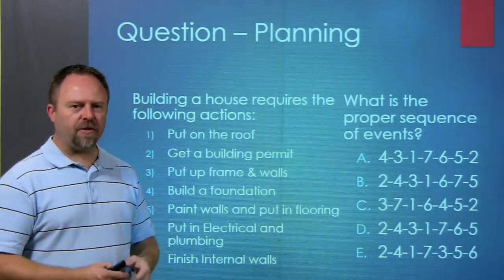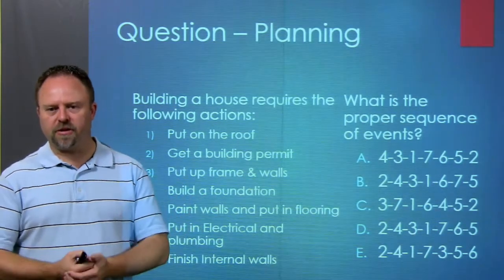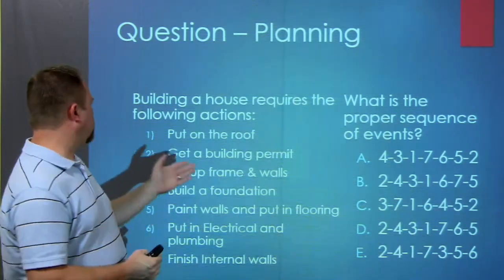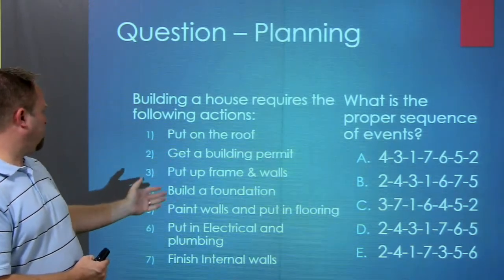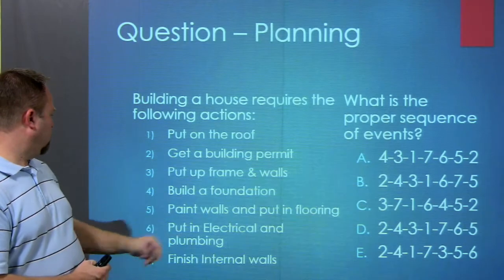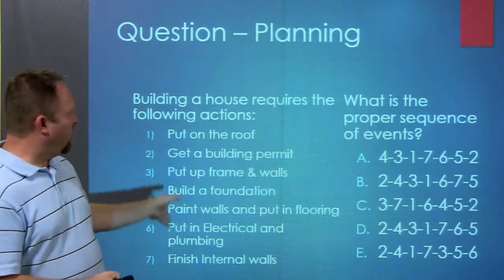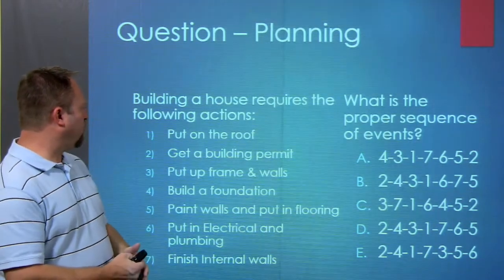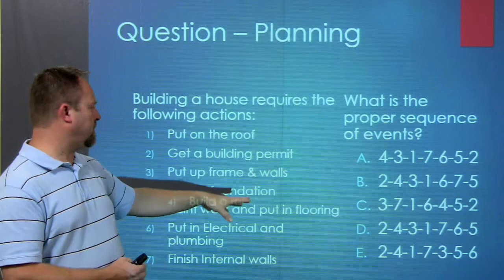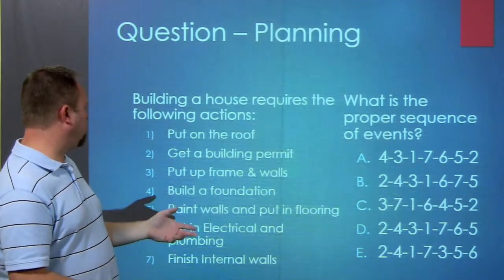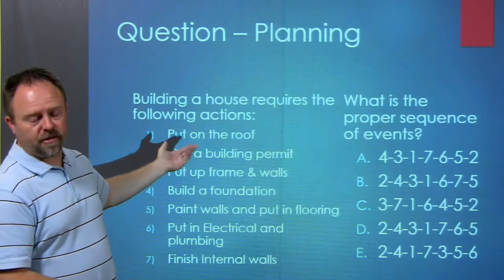So just thinking about, in general, an example like building a house, just a real simple breakdown of some steps. You could look at some steps here, from putting on the roof and getting building permits, to painting the walls. You can organize these in different ways. There's probably a best order here, and if you look at the steps over here, there are some options you can choose to follow, but probably the first thing you should do is get a building permit. That'd probably be a good idea.